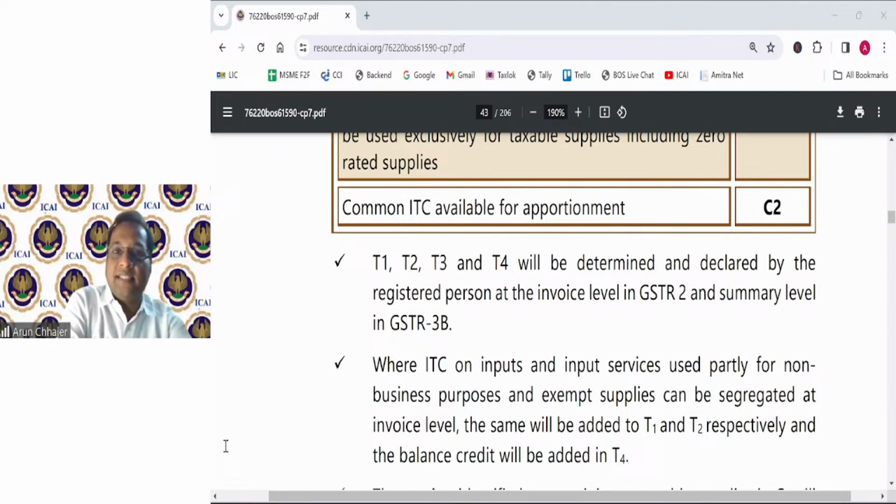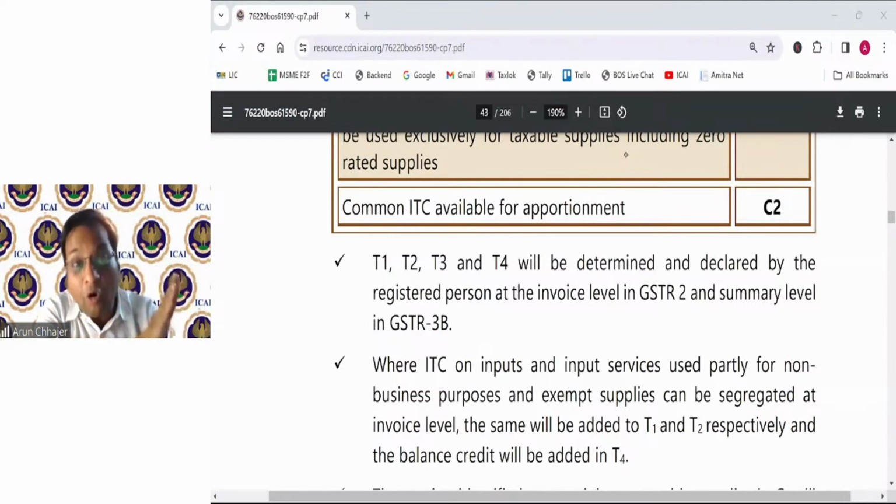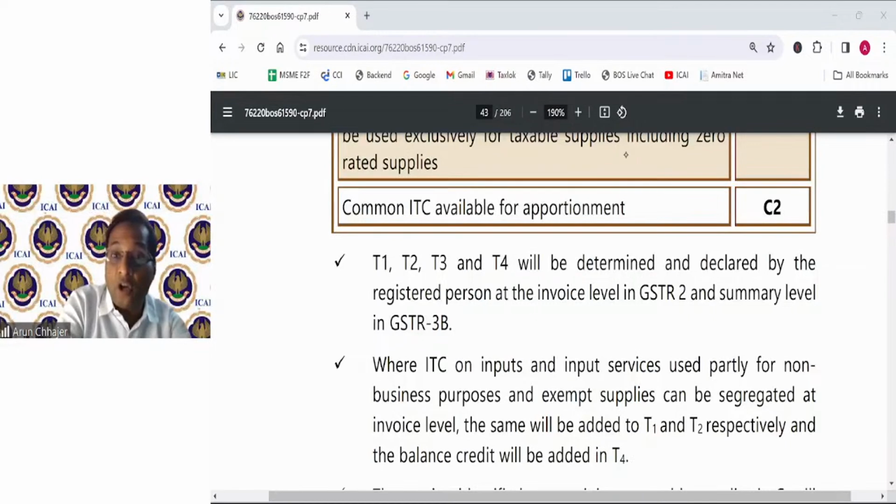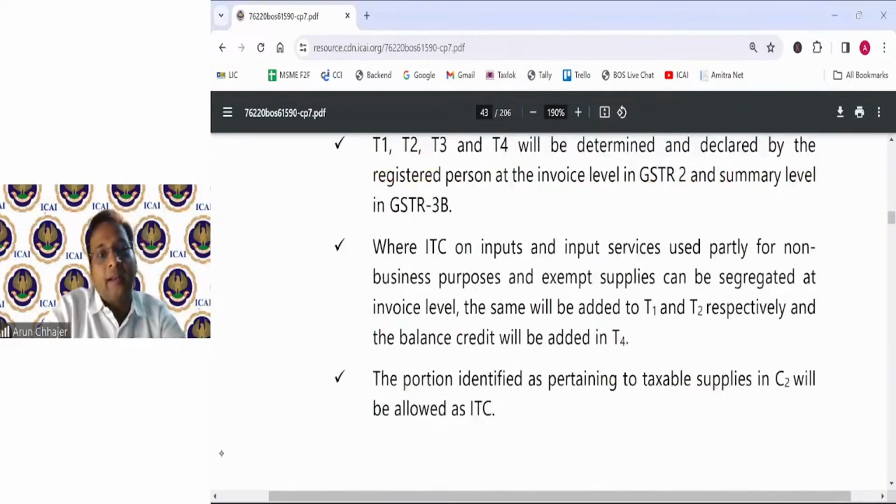See, GSTR2, GSTR3, etc., were only in the rules. They were not practically available in the portal, and finally they have been omitted. It is there in some part of the law because it is yet to be amended, but that is not practically possible. So instead, we need to do it in GSTR3B,